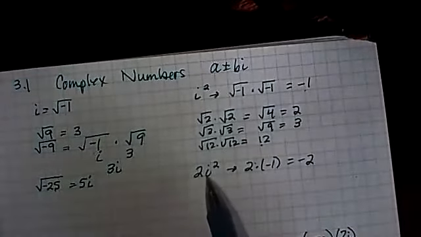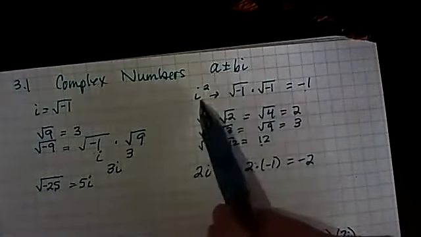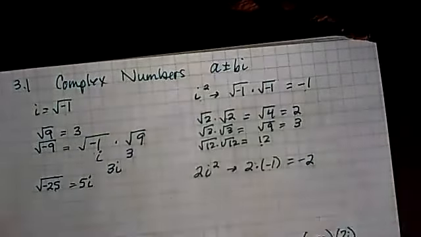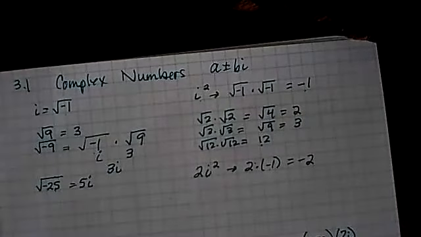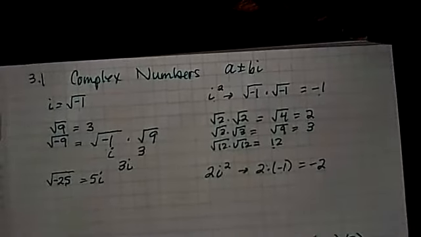So anytime I have an i squared, I replace it with a negative 1 because that's what it is. And then I can simplify from there. Now there's something about powers. I'm going to do this on the back of this page. So if I have i squared, first of all, we have i, and that equals the square root of negative 1. And then i squared is going to be the square root of negative 1 times the square root of negative 1, right? And that equals